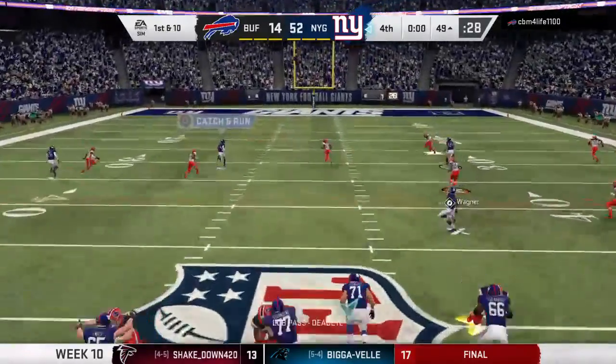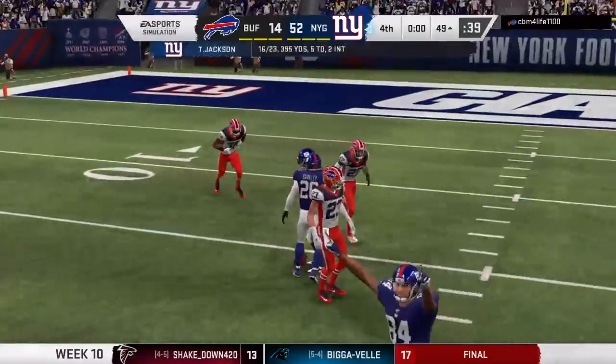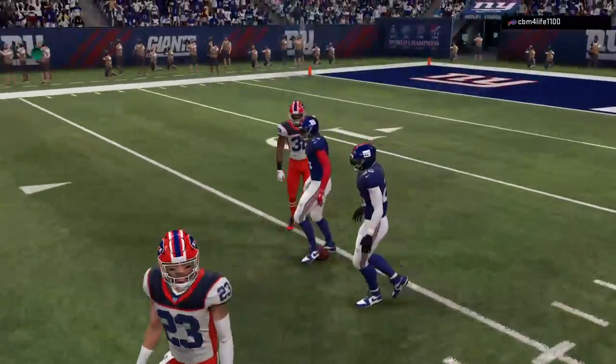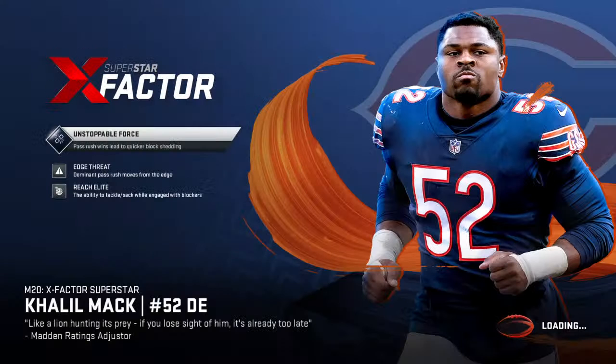After the interception, here's Jackson. And it's incomplete. They're still throwing to the very end, but now this game is over. But, Charles, it's one thing to win. It's another thing to win and put up the amount of points that